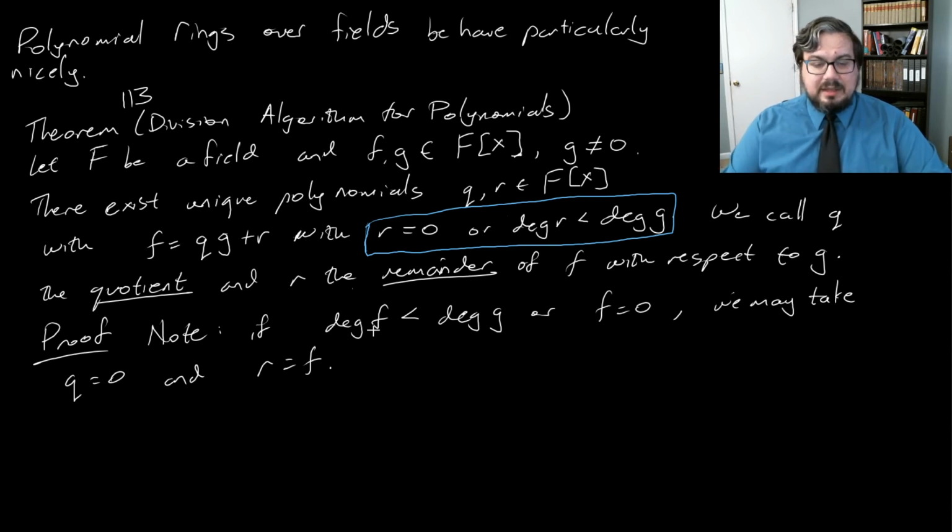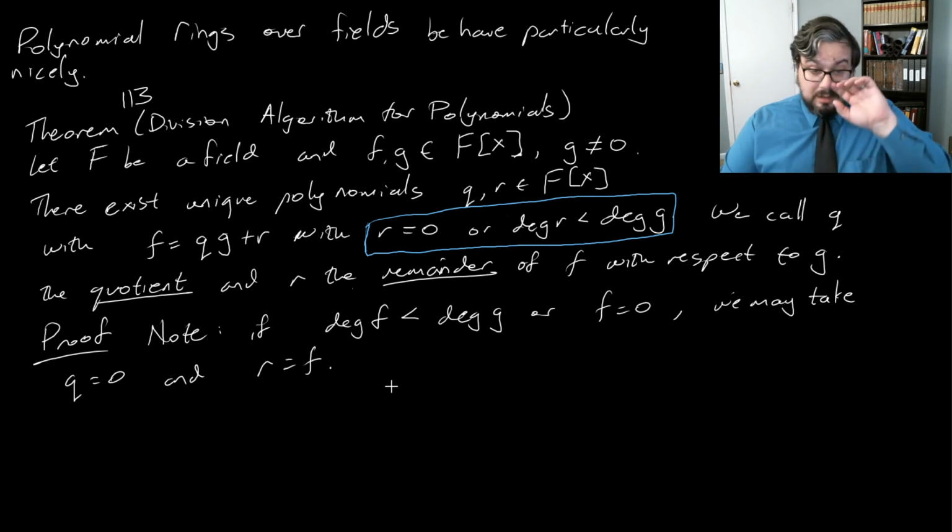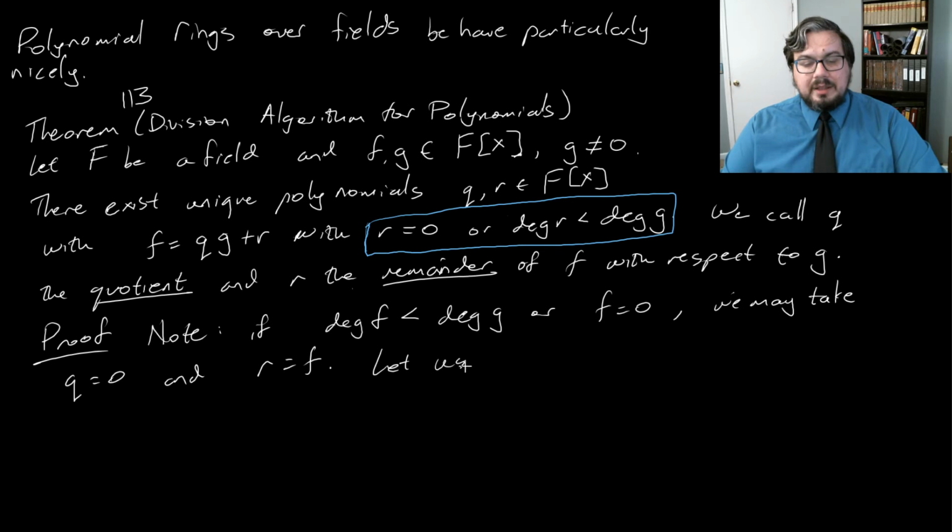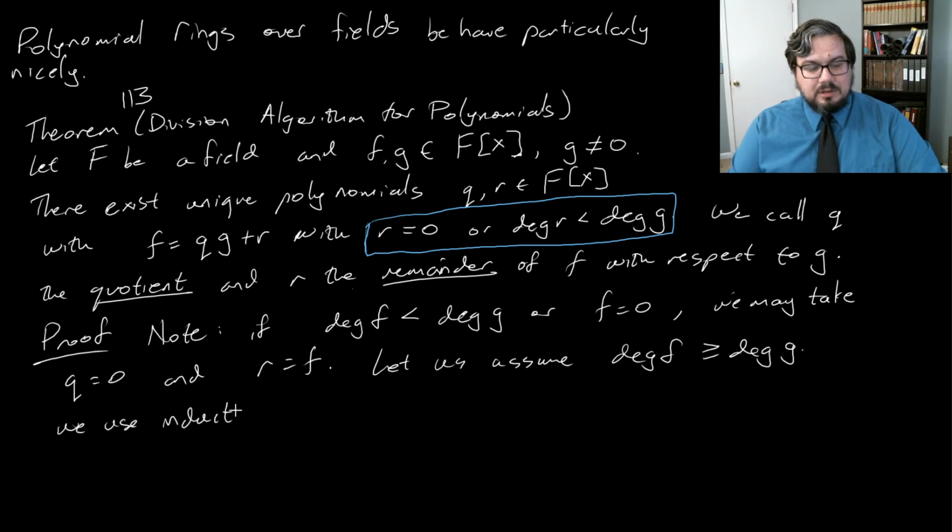Because of this, if the degree of F is less than or equal to the degree of G, then we're done. We can find Q and R. So let us assume that the degree of F is greater than or equal to the degree of G. And we use induction on the degree